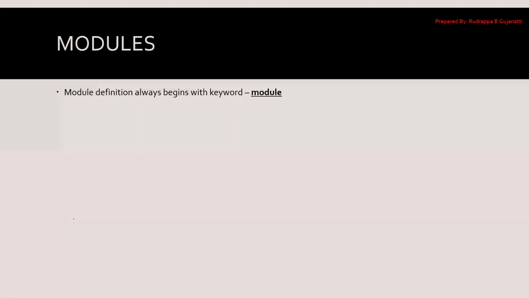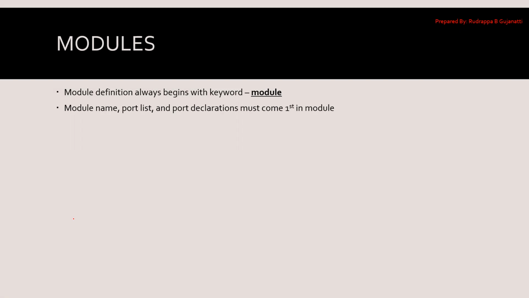So this is again a kind of recap of what we'll be having. A module is always defined with the keyword module, and it is terminated with the keyword endmodule. Previously, what we saw in the figure, the same thing we will be discussing over here. So what are the different parts which are present?